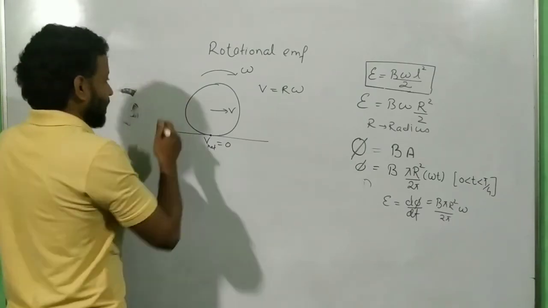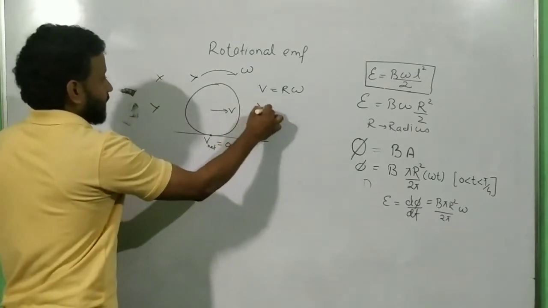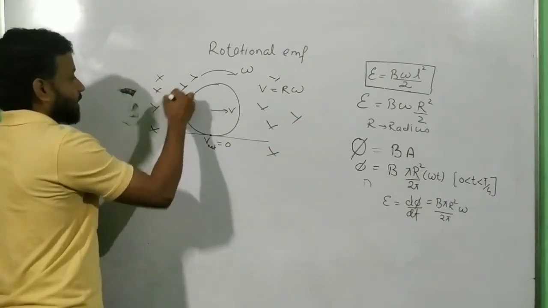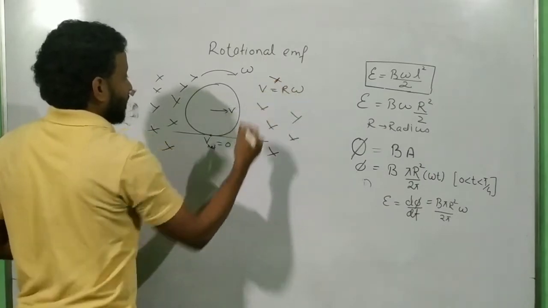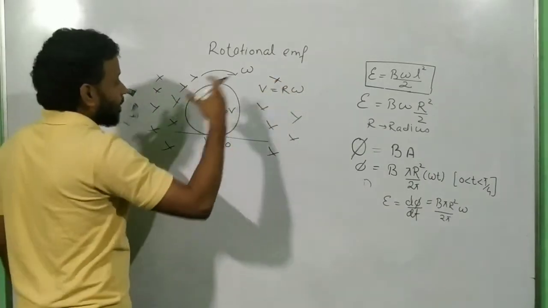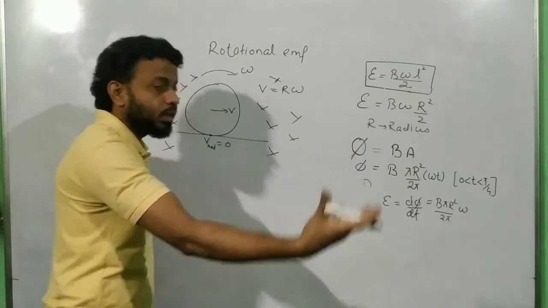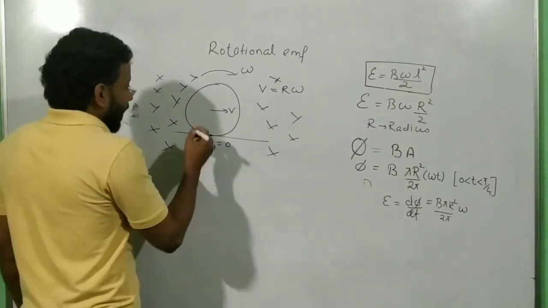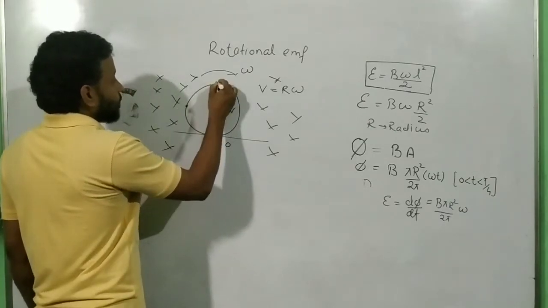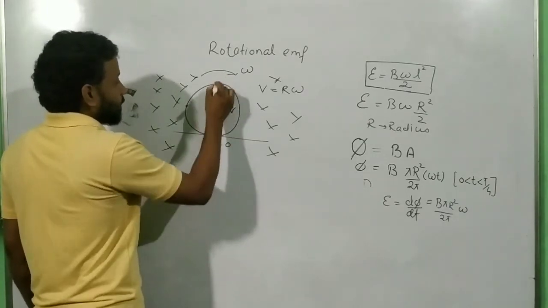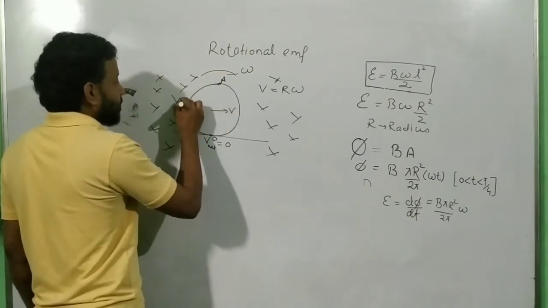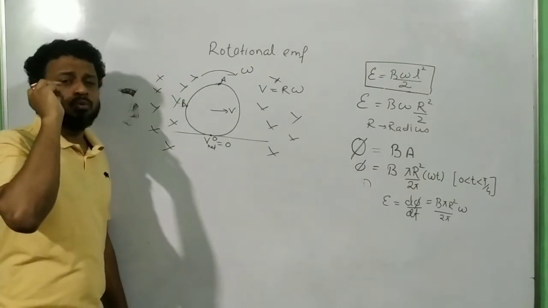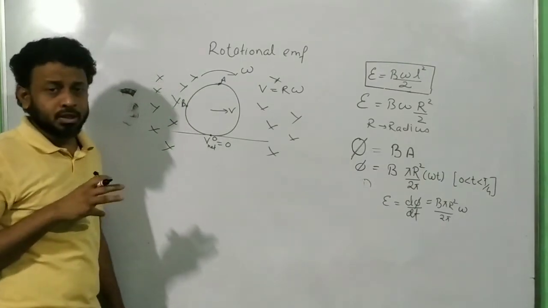Now what I am going to do is generate a magnetic field over here, and let us say that this is a metallic ring which is undergoing pure rolling in this magnetic field. And now I am going to discuss some points. Let us say this point is point O, this point is point A, and this point is point B. Always refer to that point as point O which has 0 velocity in the entire rotation.